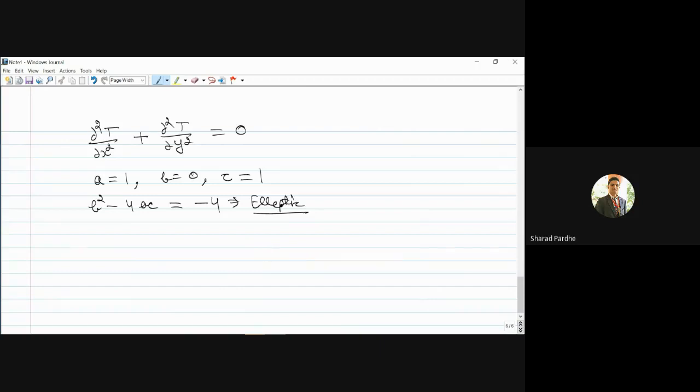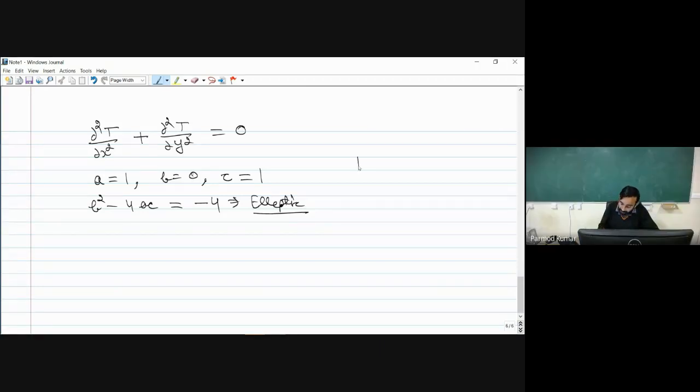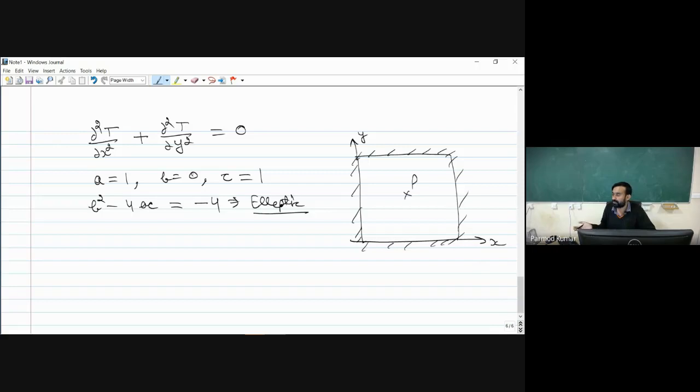So it means the nature of the equation is elliptic. That's why when I consider a two-dimensional domain, say this is my x, this is my y coordinate, and I have to find the solution of this particular equation in this domain, the solution will require the knowledge of all the boundary conditions. Is it clear? Whatever boundary conditions we are having, their knowledge will be required in order to find the solution at any point P within our entire domain. So boundary conditions will actually affect our solution.